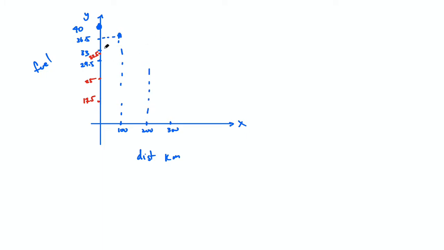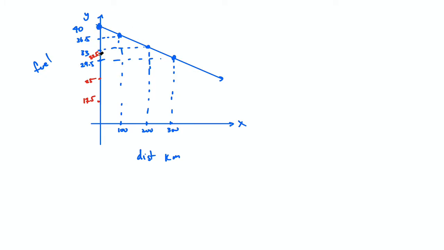After 200 kilometers, it'd be 33. And after 300 kilometers, it'd be 29.5. So it's a linear relationship going down like this because we're decreasing at a constant rate from both the y and the x-axis. Now, if I look at Min-Yi's sedan, we can see that the decrease is